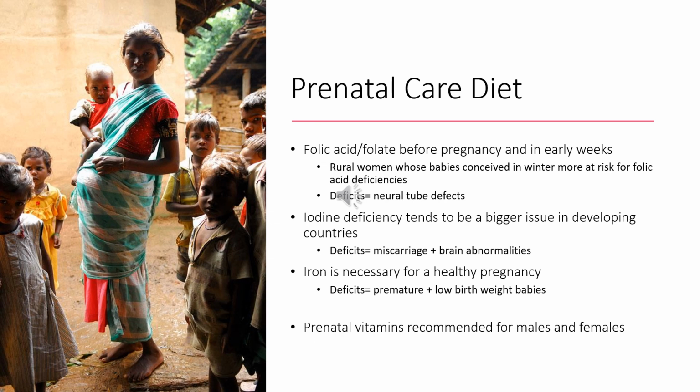We iodize our salt in the United States, so we are less likely to be deficient in iodine, but that happens more in developing countries, and again can result in miscarriage or brain abnormalities. And then iron is also necessary, and that's generally from leafy greens and red meat. It's necessary to prevent premature or low birth weight. Iron is another thing that's added to prenatal vitamins. The challenge of adding iron is that it can also be constipating, and so some women can't tolerate the iron